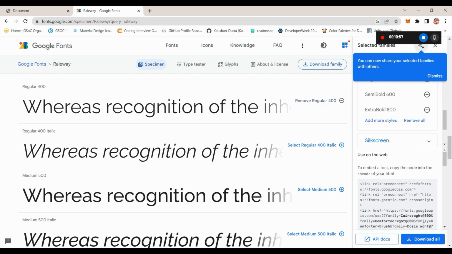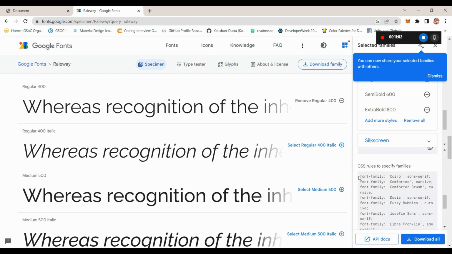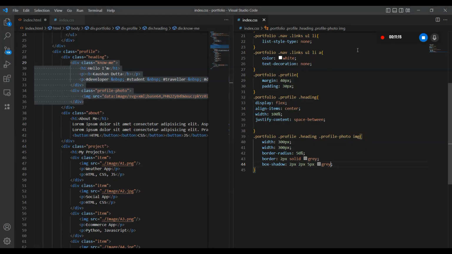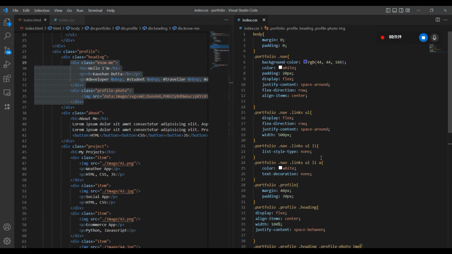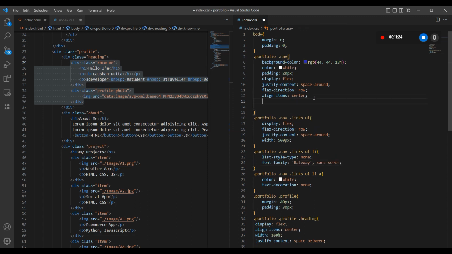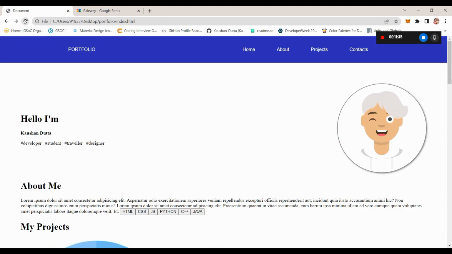So I will select this, and then I will move on to my CSS rule. As you can see, all the CSS is mentioned here. Now the name is Raleway. So I will be moving on to my Raleway, where my Raleway is. Okay, so this is my Raleway, and I will copy it, and add it inside my list, and I am going to add it here also, and this too. Okay, so I am going to refresh my page,